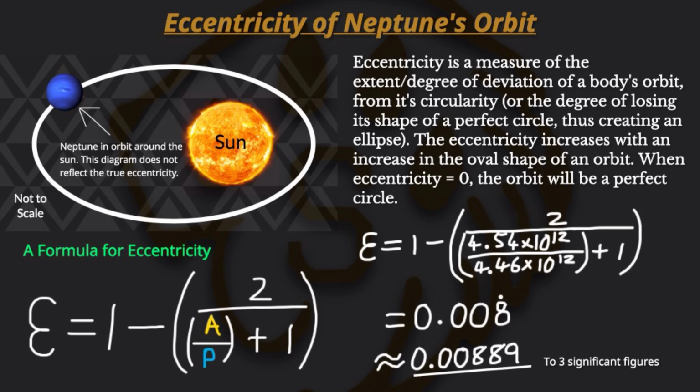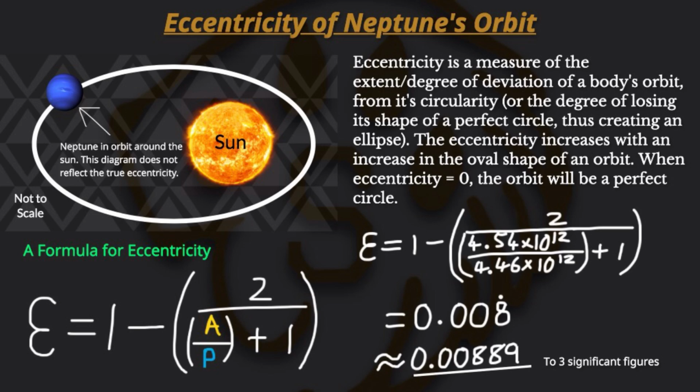Then we divide that into 2, and we get our answer in the brackets there, and then we say 1 minus that, and then our eccentricity will be equal to 0.008 recurring, and then that will be equal to 0.0089889,